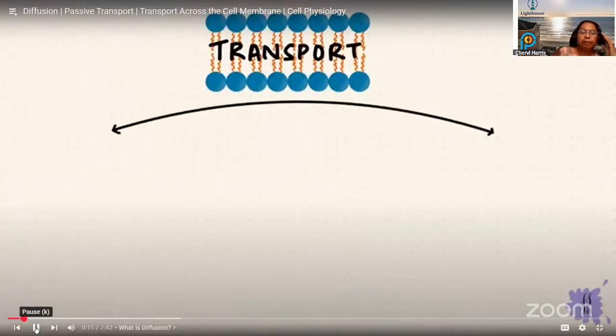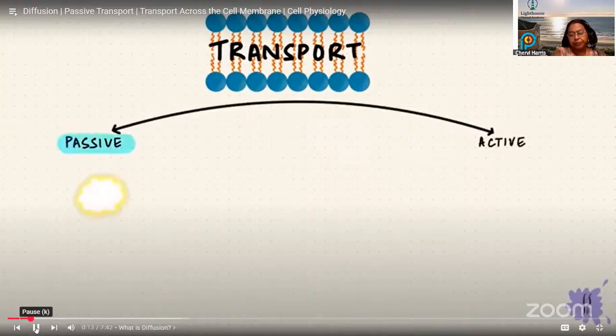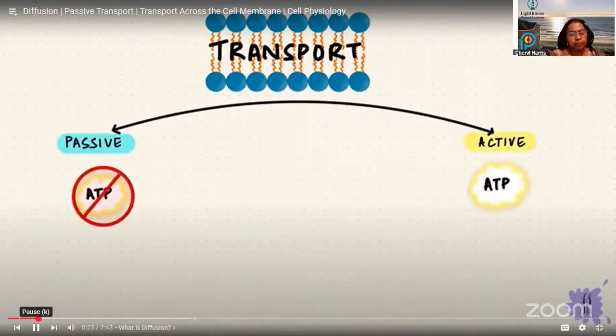Transport across the cell membrane can happen in two ways, passive or active transport. Passive transport means it doesn't need extra metabolic energy like ATP, while active transport needs ATP. The thing that you have to remember is that in biology, ATP is our energy molecule. It actually stands for adenosine triphosphate, and that's the name given to the molecule that carries all the energy through our body. Later on when we do respiration, we're going to talk about that a lot. But for now, just know that when they mention ATP, that is the energy required to get things to go